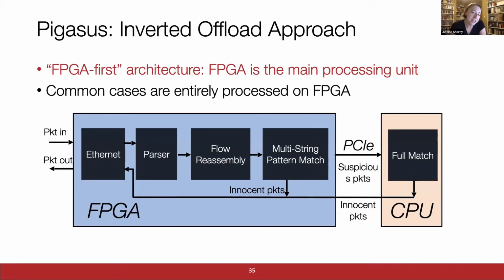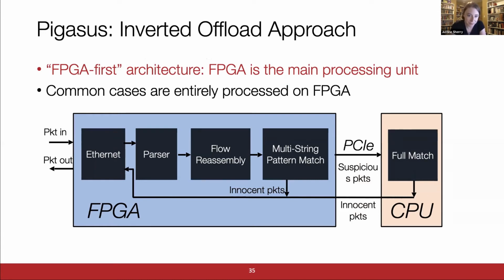In an FPGA first architecture, the FPGA is the main processing unit. The FPGA is on path, it operates on data while it's in flight, and the data is already there. And so the common cases are entirely processed on the FPGA. In Pigasus, we re-architect the design so that when a packet comes in, it receives almost all of the processing